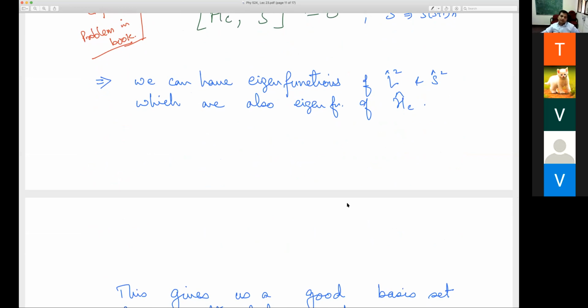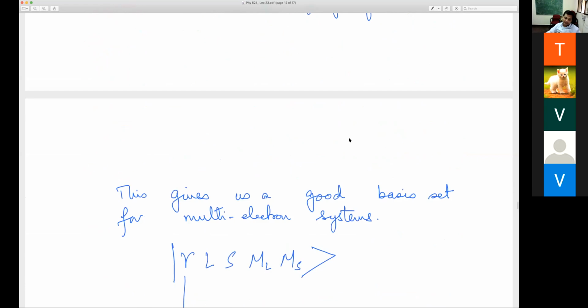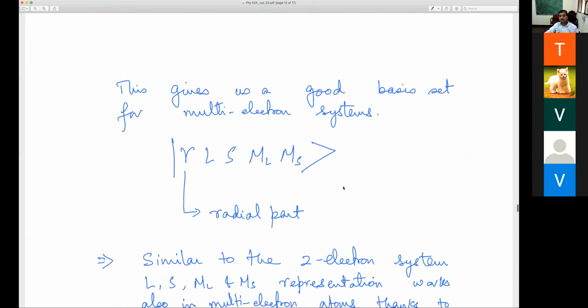Okay. So the total Hamiltonian will have eigenfunctions which I can now write in general in this particular form. So capital L, capital S, the Z components M_L, M_S, and one more index gamma, let's say, which is like the n for the single hydrogen atom, single electron problem. Gamma denotes the radial part of the wave function, basically, which will come from the central force problem. Okay.